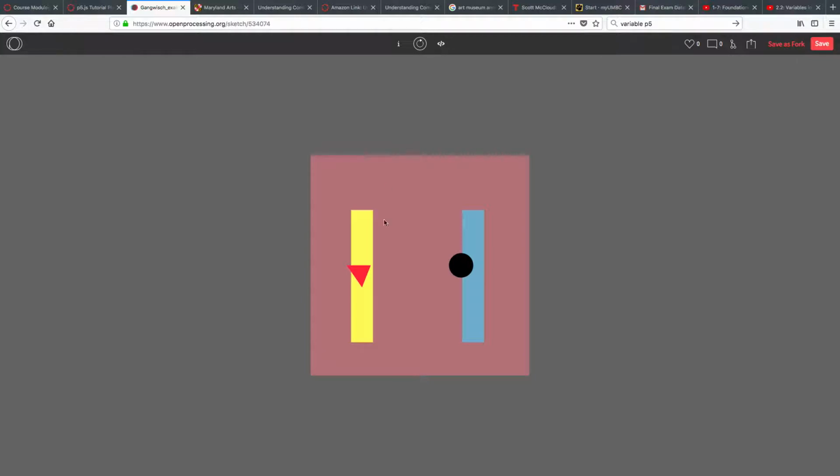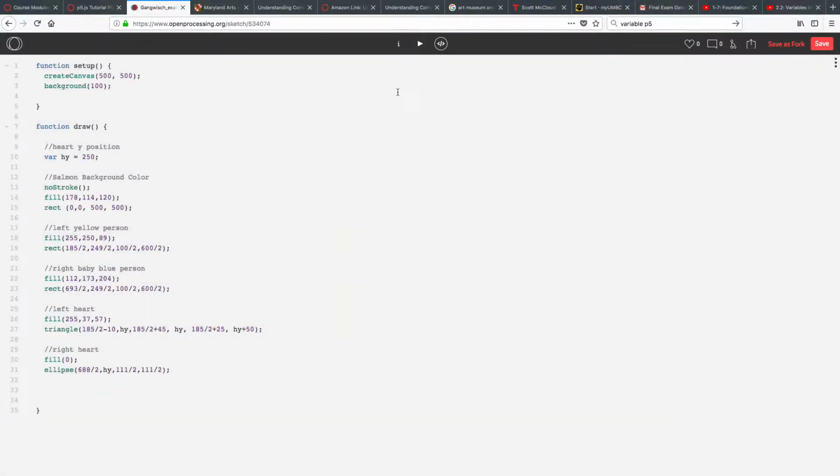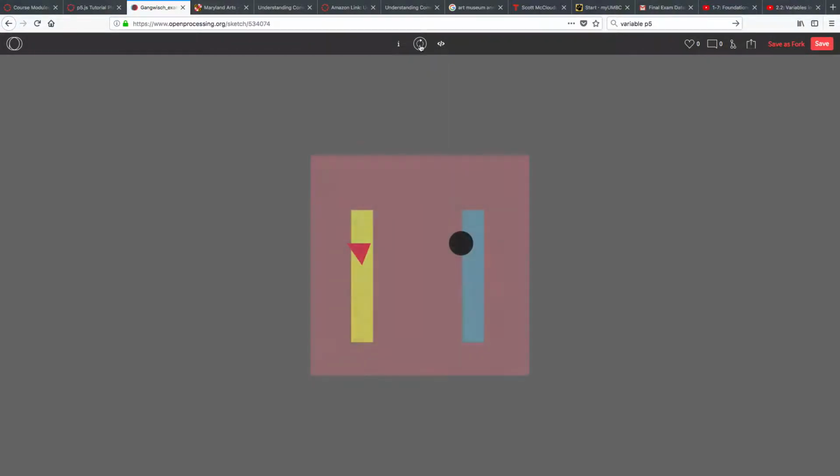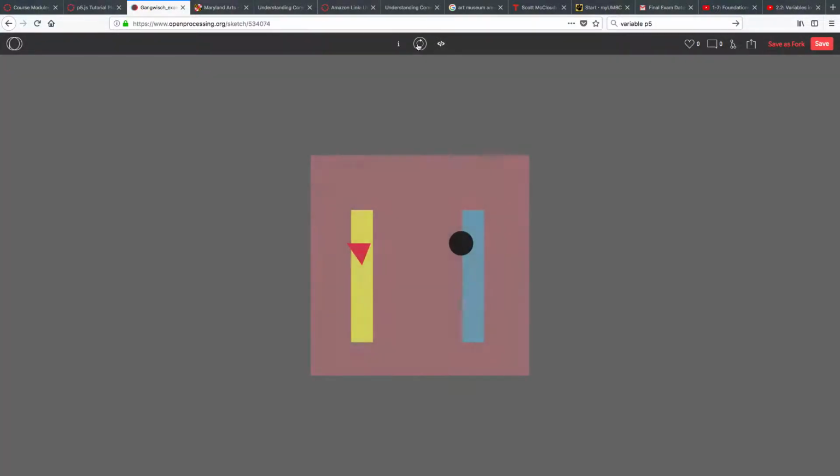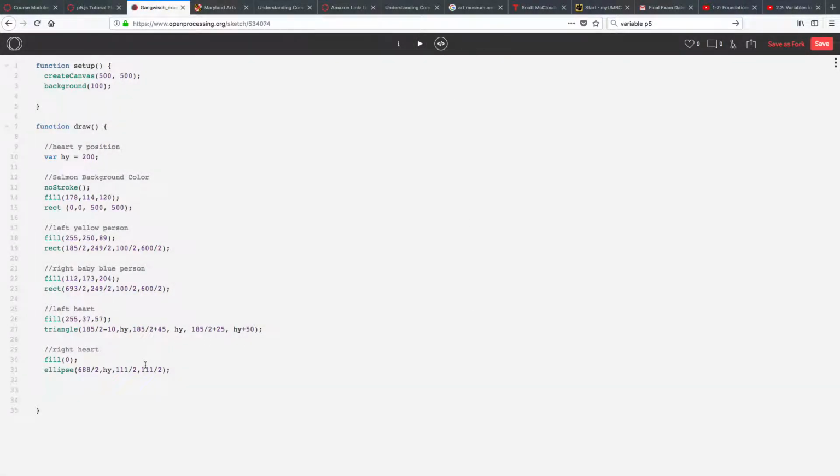Cool. Now I want it to be just a little bit higher than that, so I'm going to write 200 instead of 250. Cool. So that's how you would create a variable to replace and make your program less complicated than it is already. Now I'm just imagining off the top of my head, I have a nice little love scene happening here. I do want this ellipse to match that, so I'm just going to add 50 to its y2,